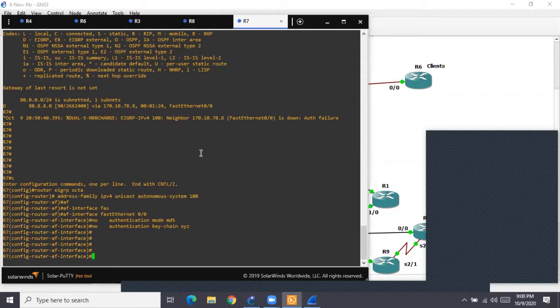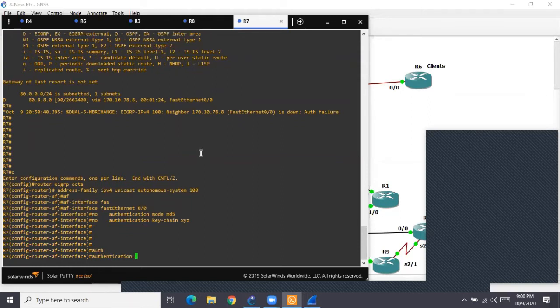So now I removed the previous configuration. That is what I'm saying. If something is not needed, remove it. In your real exam also, on R8 they are showing you already pre-configured for SHA authentication, but when you go to R7 and do show run, you find that the configuration on R7 is configured for MD5. Wrong. So better remove that first and then apply.